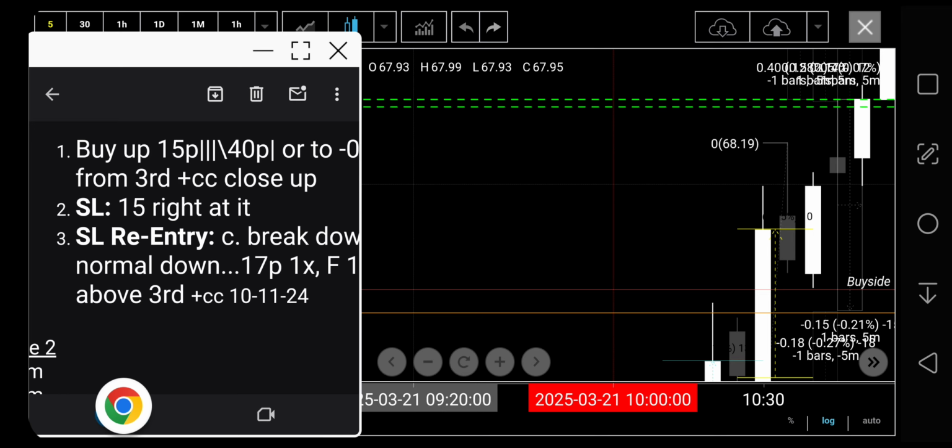See, with this strategy, you don't have to know my strategy exactly, but you need to figure out where your stop loss is, and you need to figure out where you're going to get back in. It's not about getting stopped out. It's about where can I get back in after looking at years and years and years of data, not guessing. I got stopped out at 15 points, right? Or 7.5 points, whatever. How can I get back in and get